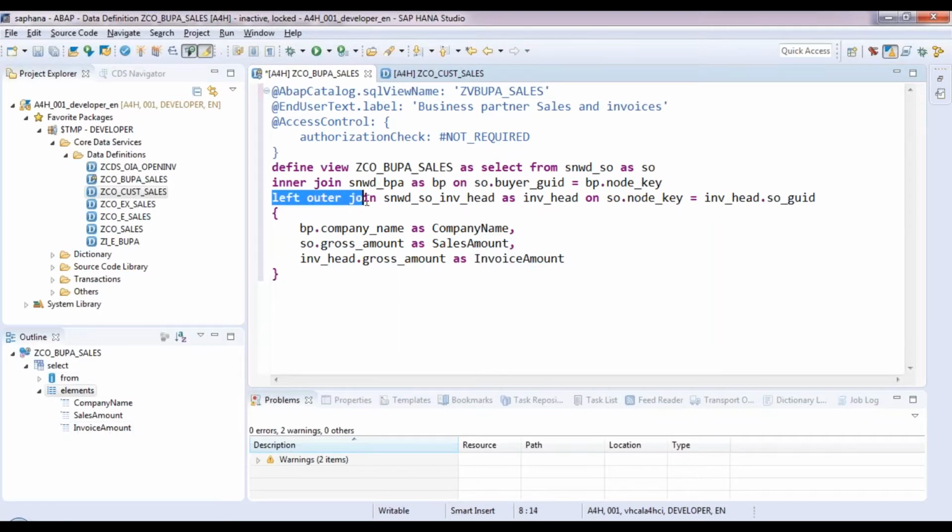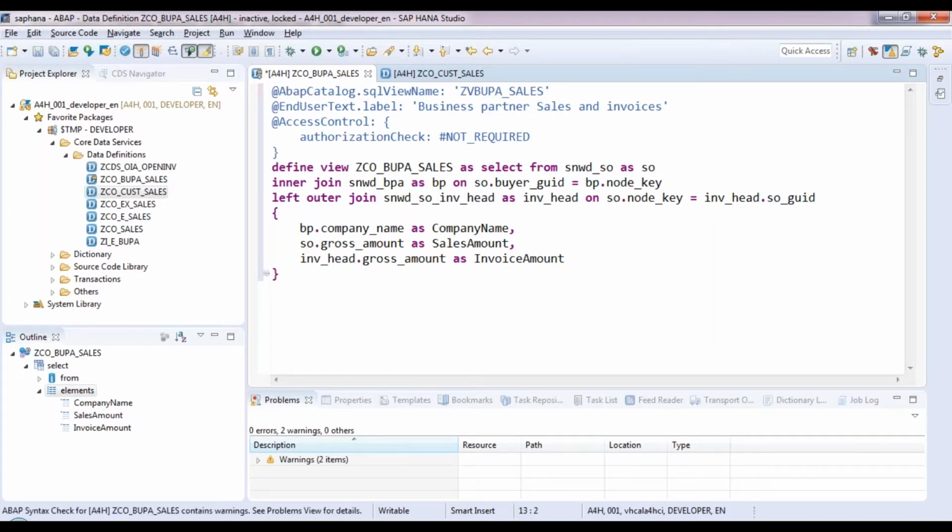Now left outer join, why? Because it may be possible that you have a sales order which is not yet invoiced because you don't have the product in your stock. You have not shipped it, so you cannot invoice. See, you purchase something from me, until I deliver, I cannot invoice you. I cannot ask money from you that you give me the money for this product. So that's what is there in the invoice header table. So it may be possible that you have some order which has come to you, but since the stock was not available, you did not yet create an invoice for that order. So that difference you will get to know now from this view.